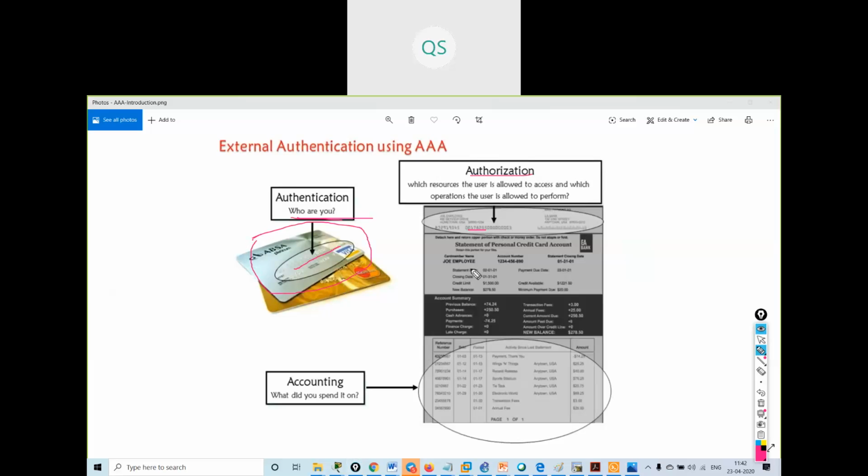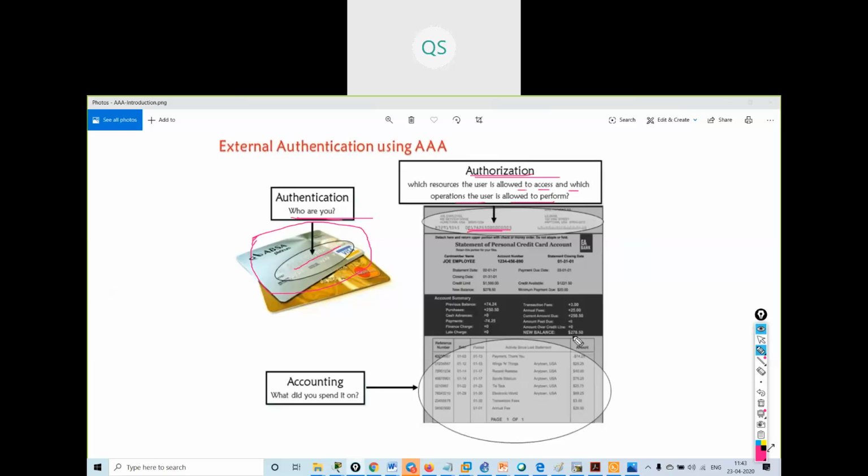Authentication is done, and after authentication, this card has the authority to give details about this account number, which resources the user is allowed to access and which operations the user is allowed to perform. That is known as authorization.